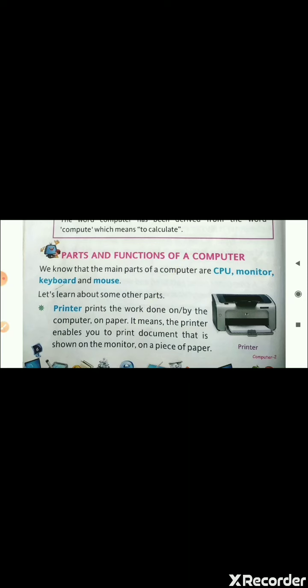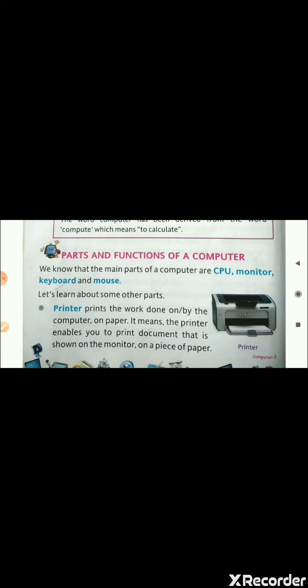So a computer has different parts and different functions. Like we human beings, in our body there are different parts: hands, legs, mouth, tongue, ears, eyes, and as you all know, all these parts have different work. I use my eyes to see, my hands to do different works and to hold things, and my legs to walk, right? Similarly, a computer is a machine, but it also has different parts, and the work of each and every part is different. That we are going to discuss now.